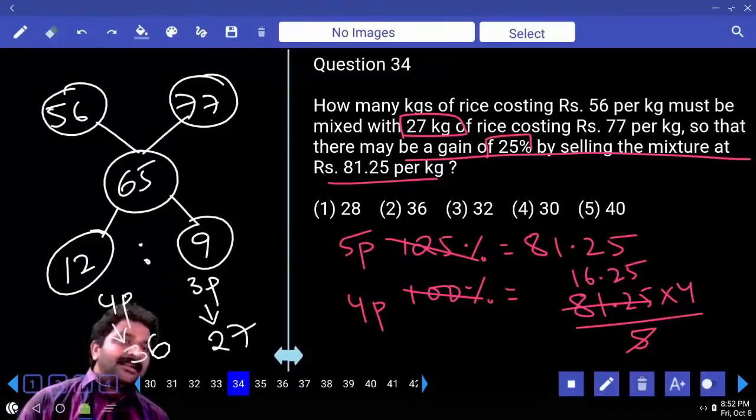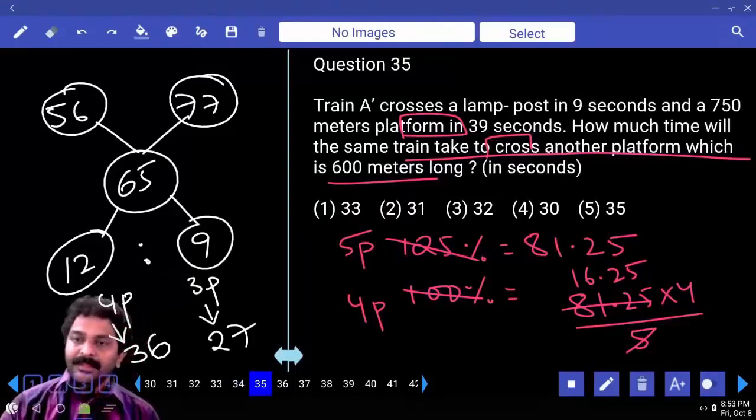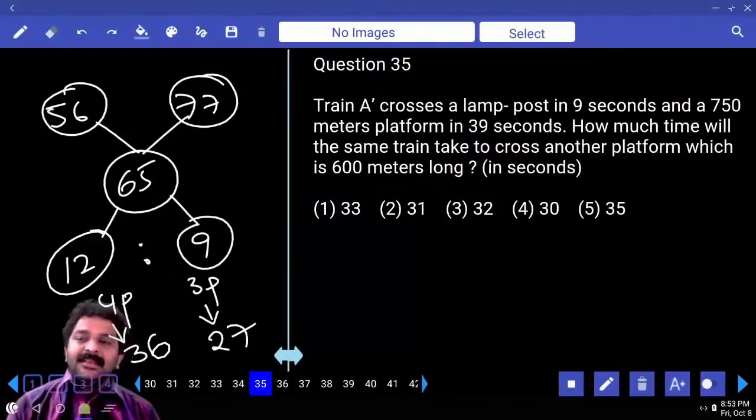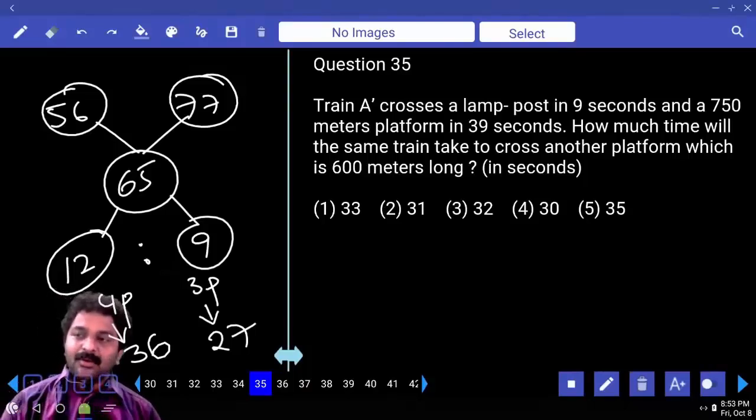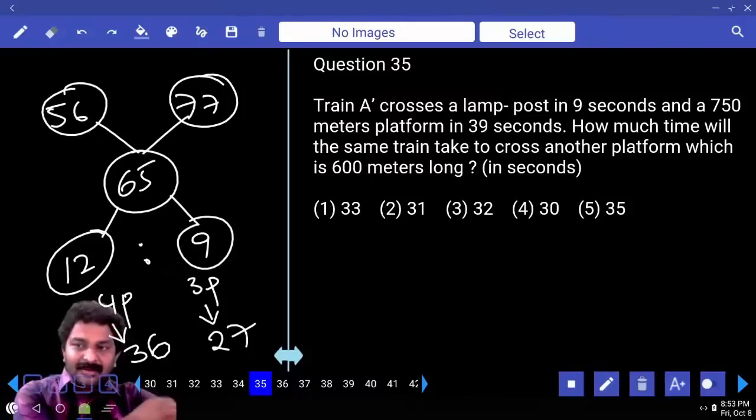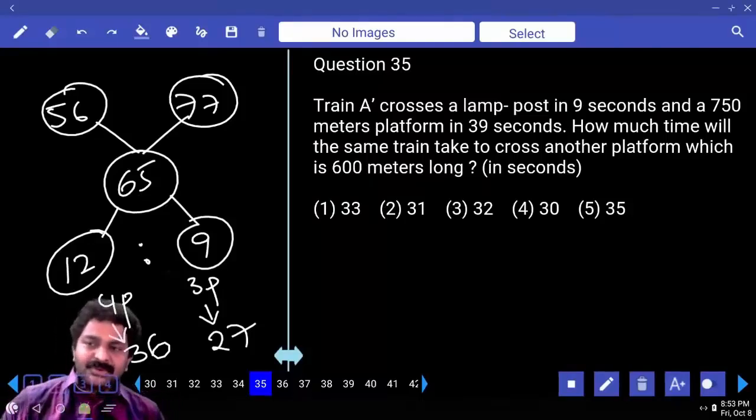Is it done? Train A crosses a lamp post, that means telegraphic pole or electric pole, in 9 seconds and a 750 meter platform in 39 seconds. How much time will the same train take to cross another platform which is 600 meters long? Okay. So now